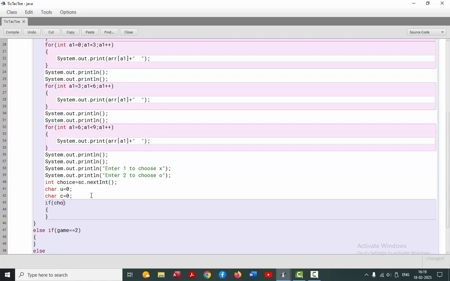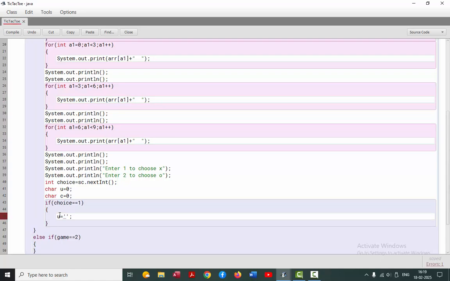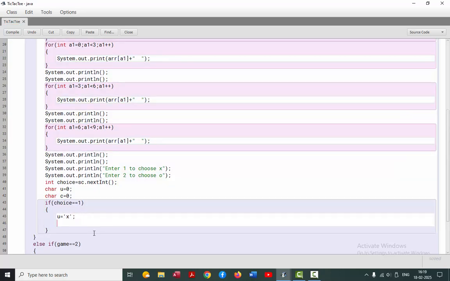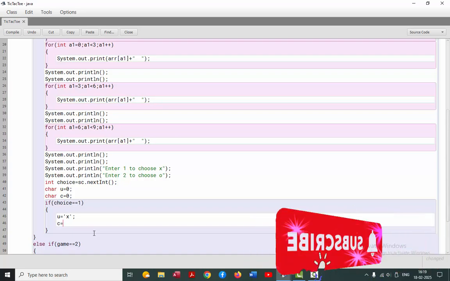Here type choice is equal to 1, u is equal to x, c is equal to o,